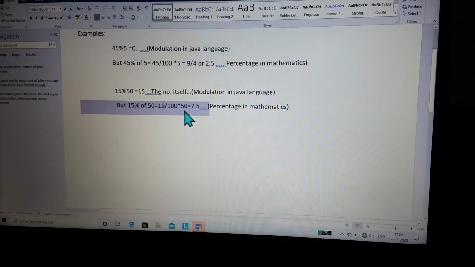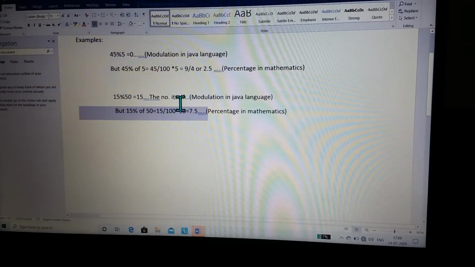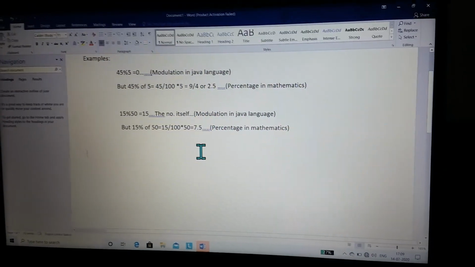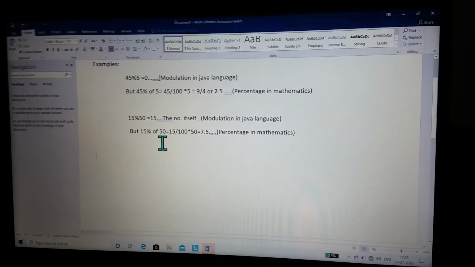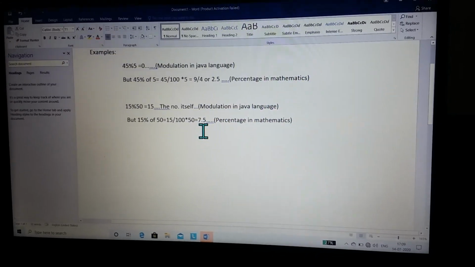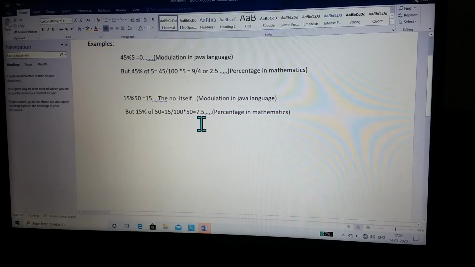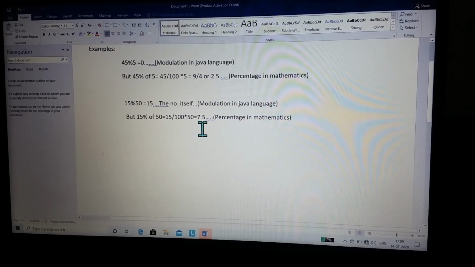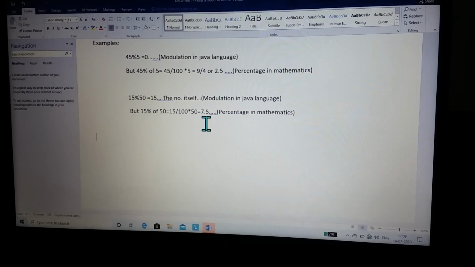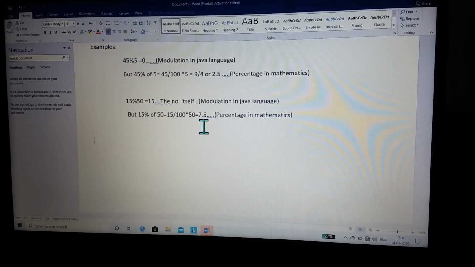Of means into 50. 50 and 100 cancel 1 and 2. So 15 by 2 gives 7.5. So you can see that in modulation our answer is 15 and in percentage our answer is 7.5. So despite the signs and symbols being the same, their answers and outputs are very different.